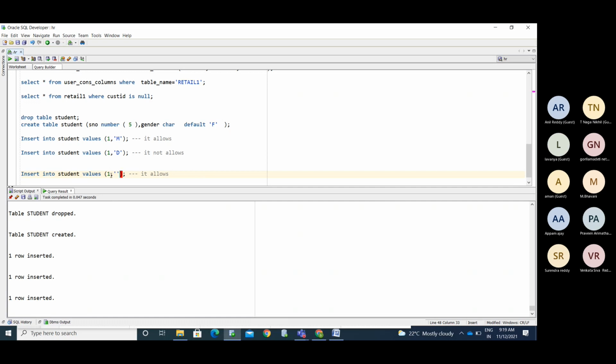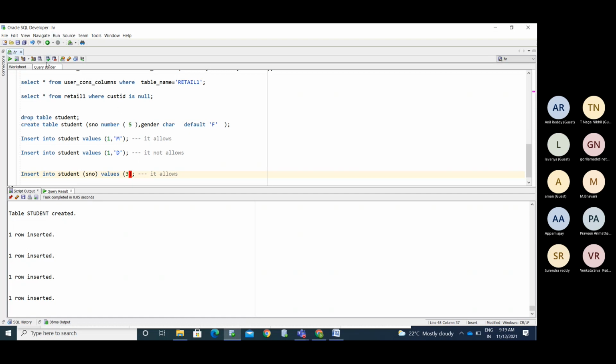Now I'm inserting with the student number 3, and I'm not inserting any value for the gender column. I'm mentioning only one column in the list and providing the value for that. Okay, now I inserted only one value, for the student number. I haven't provided any value for the gender.